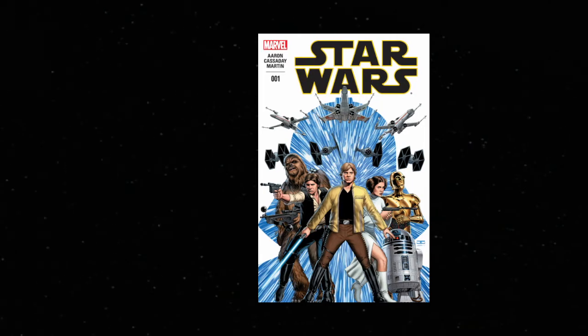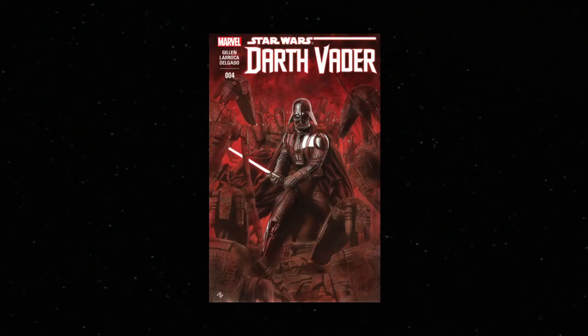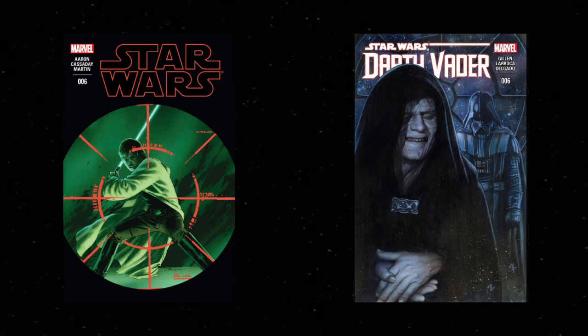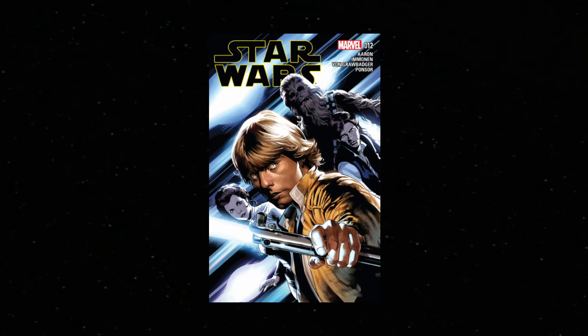So read issues 1 to 3 of Star Wars, followed by issue 1 of Darth Vader, followed by issue 4 of Star Wars, issues 2 to 4 of Darth Vader, issue 5 of Star Wars followed by issue 5 of Darth Vader, and then both issue 6 of Star Wars and Darth Vader at the same time, because they're concurrent, followed by the epilogue from the Journal of Old Ben Kenobi, the last of his breed, found in Star Wars issue 7, and then issues 8 through 12 of Star Wars for Showdown on Smuggler's Moon, followed by issues 7